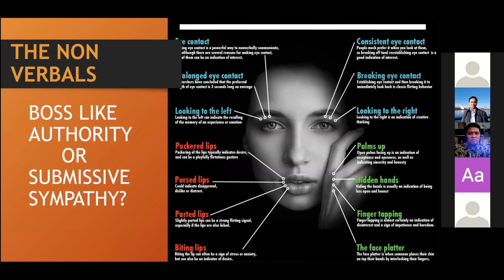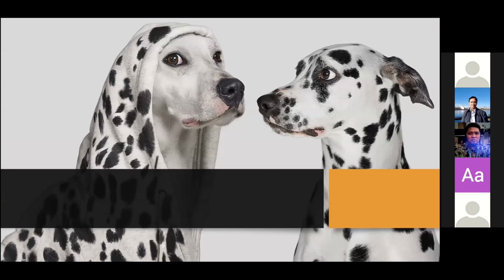So at its base level, to gain influence and build some rapport with the people that I'm liaising with, I need to work out: am I best placed to come in with boss-like authority or more of a submissive or sympathetic type approach? What's going to help this person feel more comfortable with me? What's going to help remove their nervousness and their discomfort? And then I adjust my approach based on that.